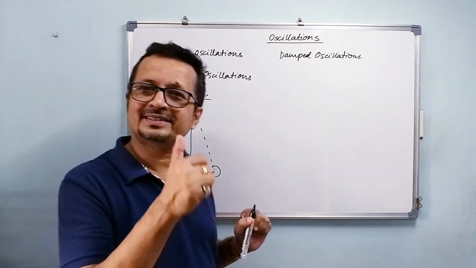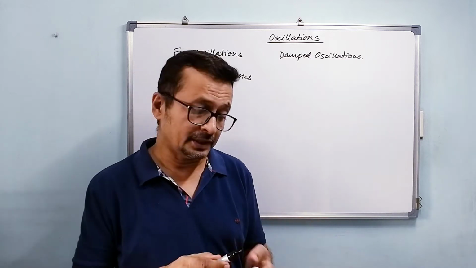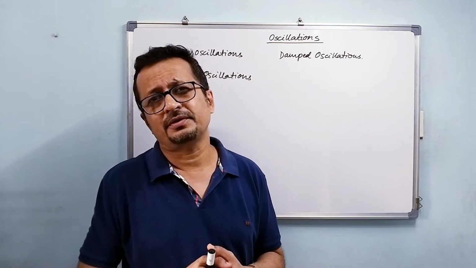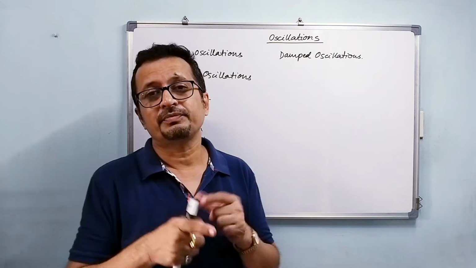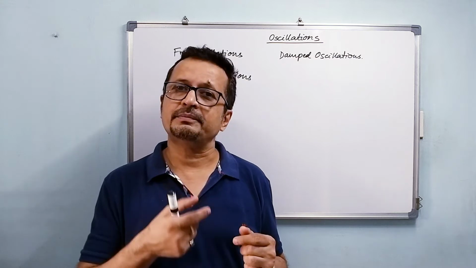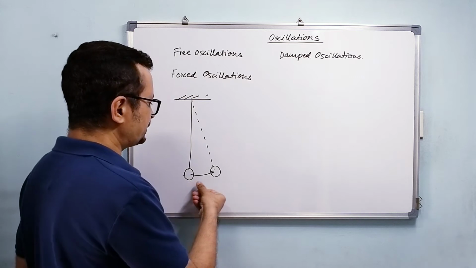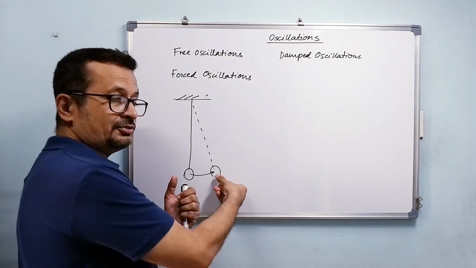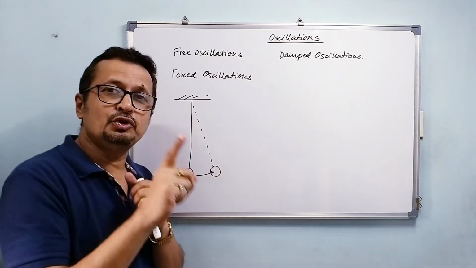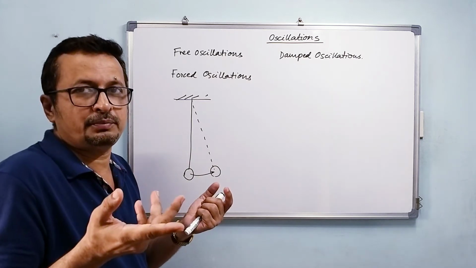You can do that, you can just get that time, but then it would be difficult, believe me. So what would be the right way of doing it? The right way would be taking a number of readings. Instead of measuring the time for one oscillation, I'll measure the time taken for 20 oscillations or maybe 10 oscillations. So I just displace it here and I release. Now I am not going to turn my stopwatch on yet. When am I going to start it?